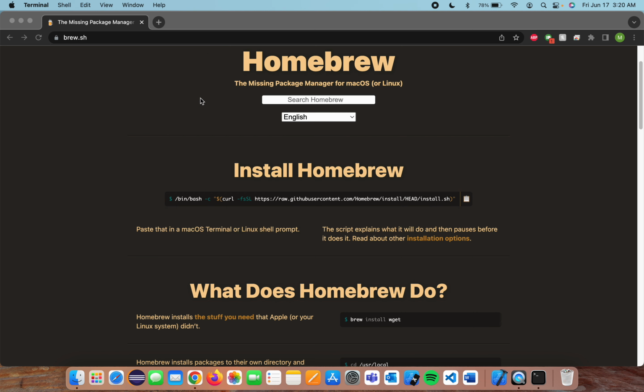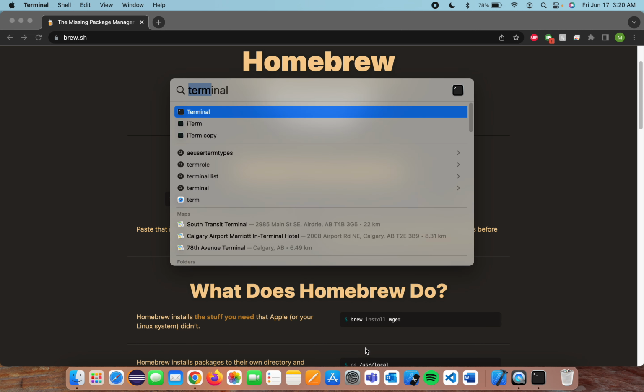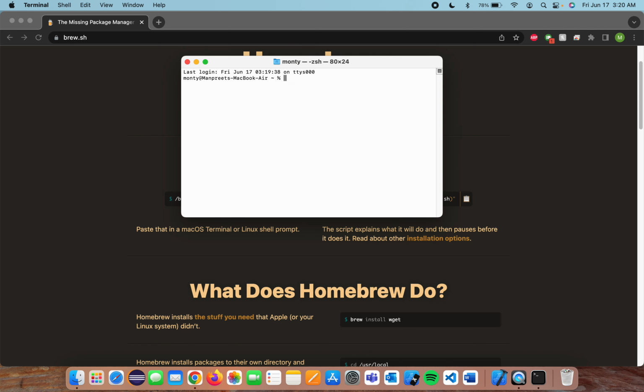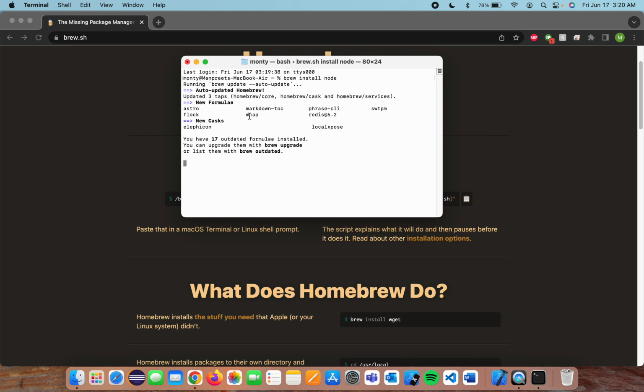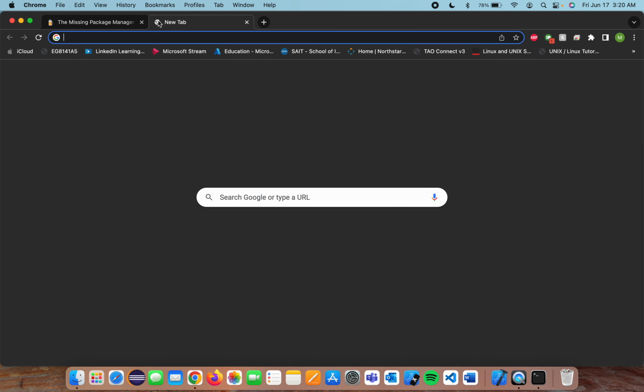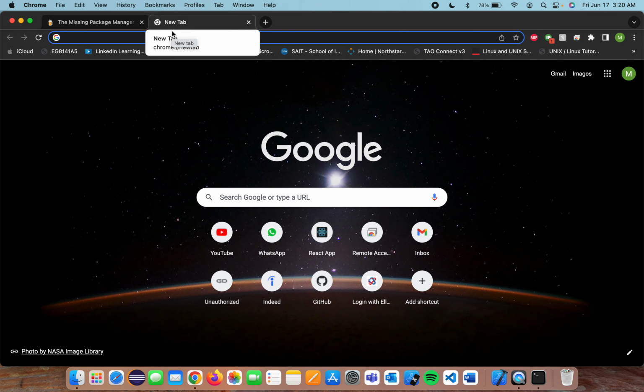So for the next step we have to install Node for React Native. So again we can go to the terminal. After Homebrew is installed, we just need to write brew install node. I have already installed it, but I will show you how it is installed. It will take some time, and by that time,